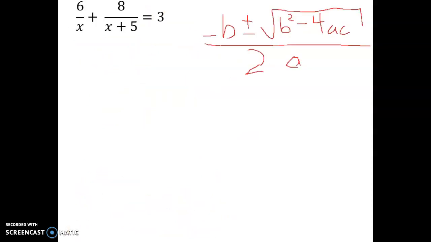So for this one here, it looks complex, but what you really want to do is get rid of the fractions. And after you've done that, it'll look a lot easier. So if you multiply this fraction here by an x on top and an x on bottom, or there already is an x on bottom, if you multiplied by an x on top, the x's would just disappear and cancel out,